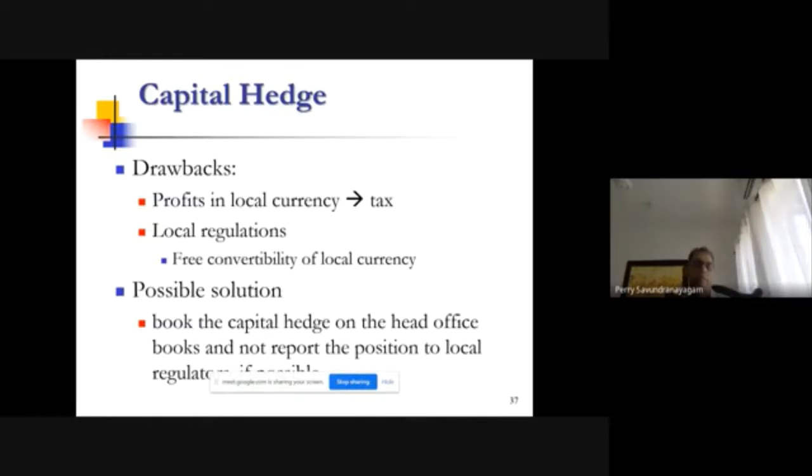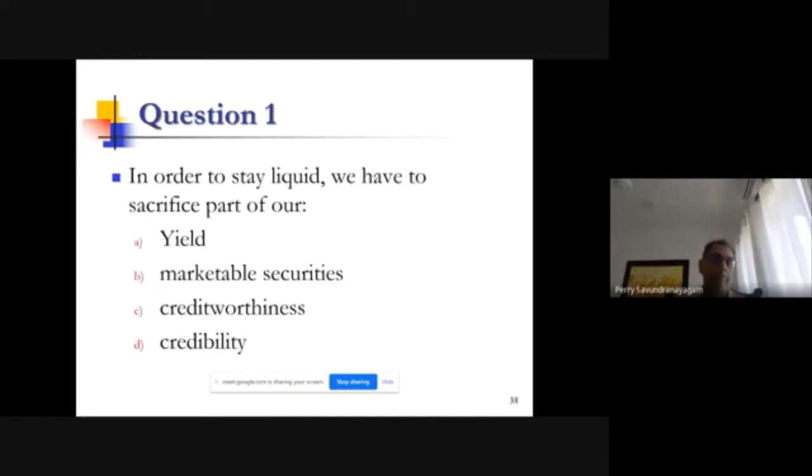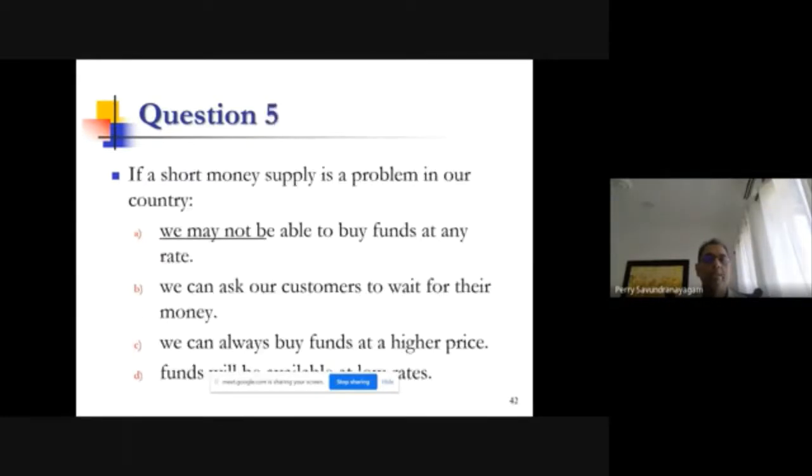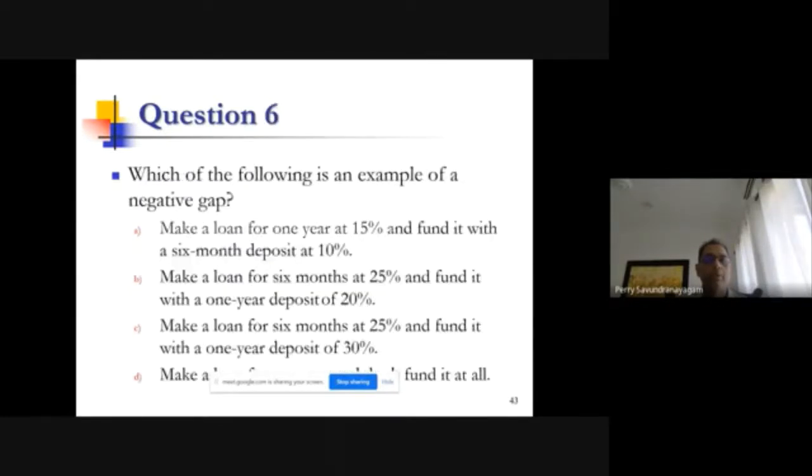So one possible solution is that these capital hedges could be happening from an offshore perspective. When somebody invests in a country, say Sri Lanka, they could be matching it with an asset on their book on the other side, counterbalancing it and not bringing it onto the onshore financials of that company. They could just be managing this risk offshore. Does that make sense? Any questions?